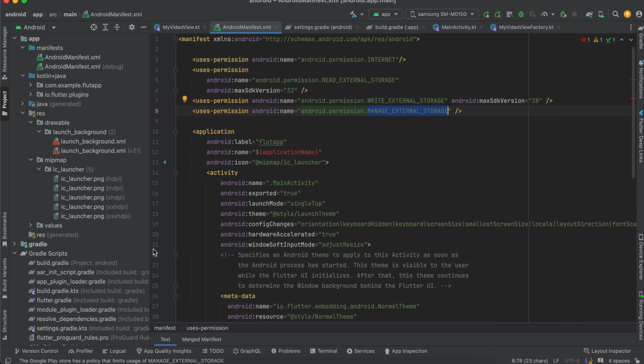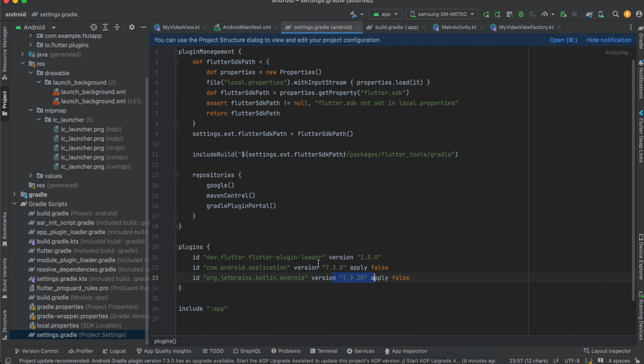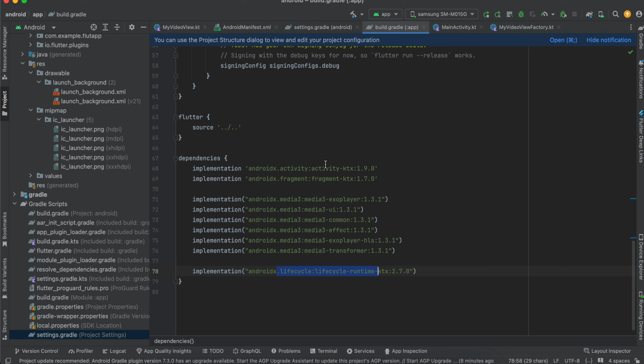You will have to go to settings.gradle over here, and I have updated the Kotlin version to 1.9.20. Also go to this build.gradle of app. I have added this activity and fragment Kotlin extension, so that I can use register for activity result. Next I have added our exoplayer